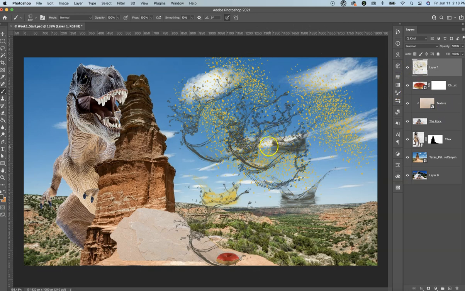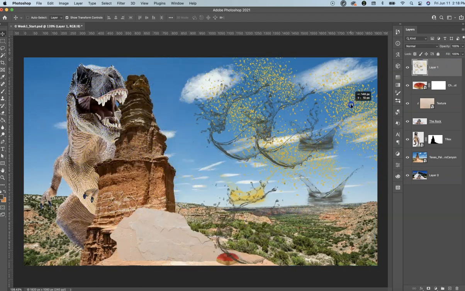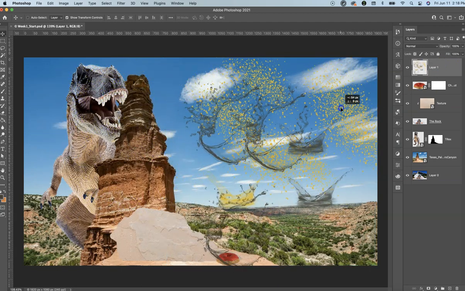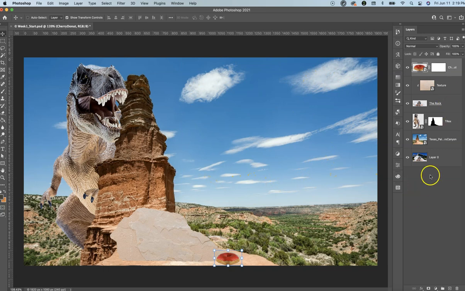So with all this brush mess I just made, this is all on one layer. And so this layer consists of different brushes and different colors depending on what I have chosen inside this layer. And I'm going to start over and just remove this layer and work with one brush at a time. And we are going to focus on the T-Rex layer. And what I want to do here is